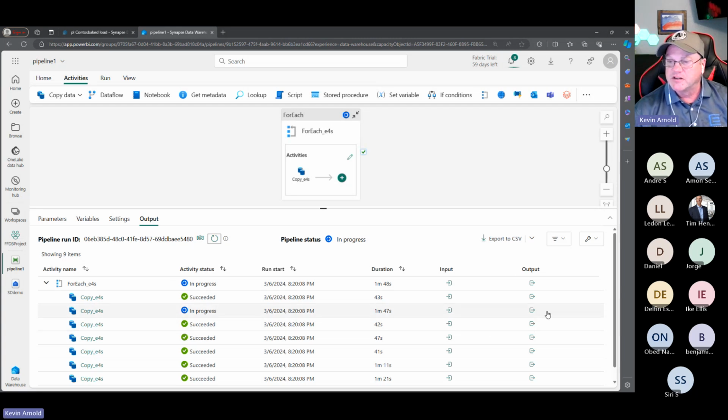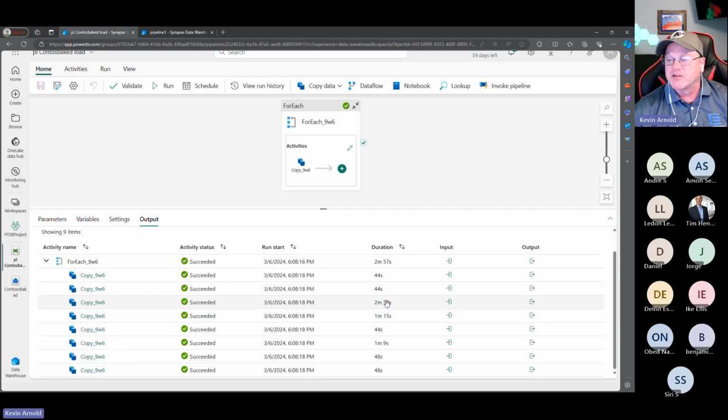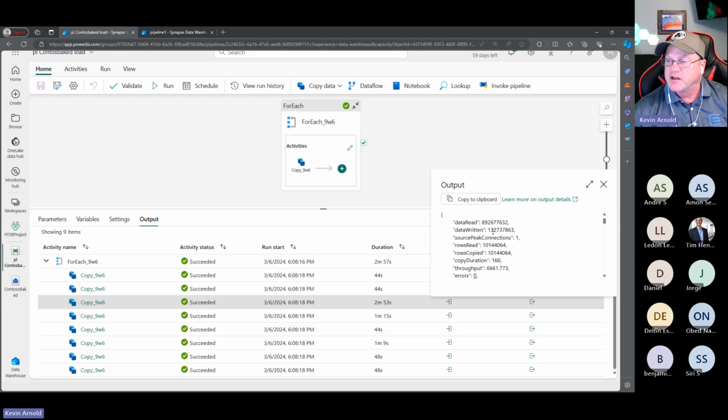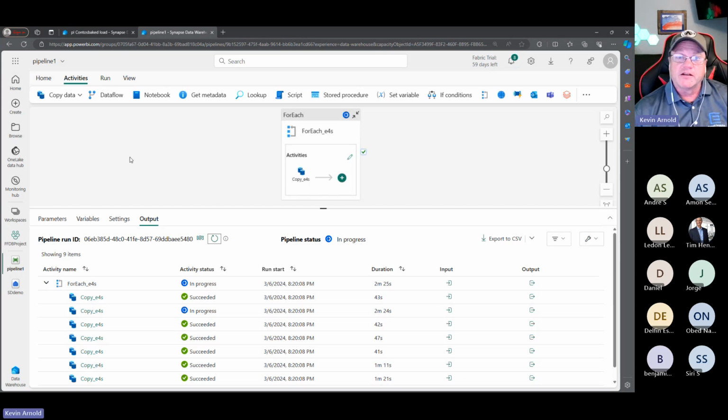Because what we're going to see in the output when this finishes, and actually, you know what? I could go over here. So, okay, it's almost 3 minutes. I don't need you guys to wait that long for it. But almost 3 minutes, and you can see here that it wrote 10 million rows, right? So over 10 million rows that it copied over from a SQL database into Fabric within 3 minutes. That's pretty cool. Yeah, I was surprised that it went that fast.